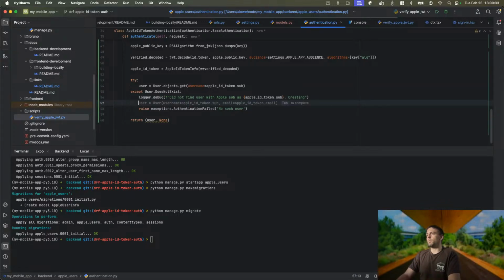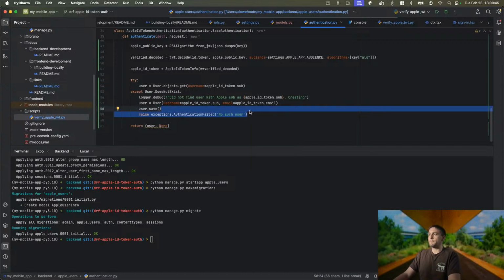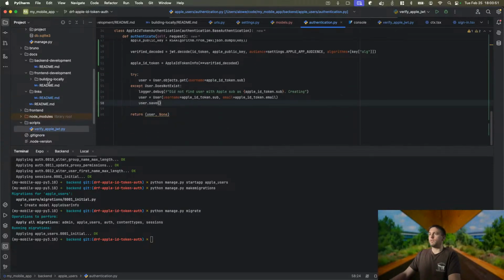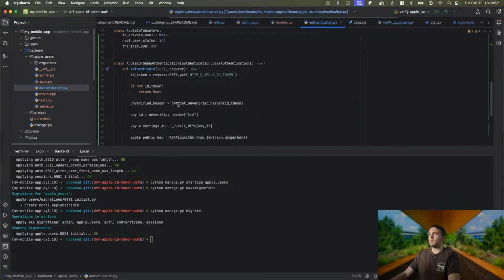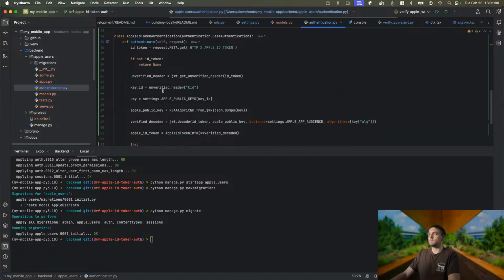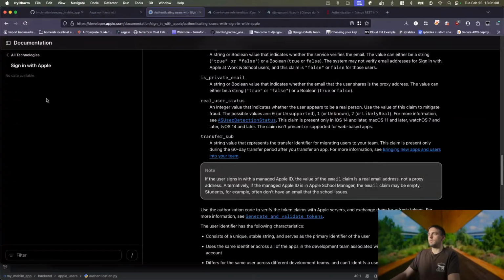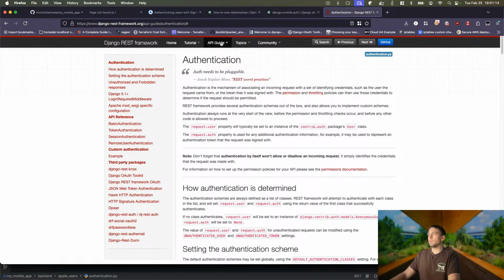So then what we want to do is that, and then still return the user. Yeah, so now that we have that in place, let's see. Let's just make a